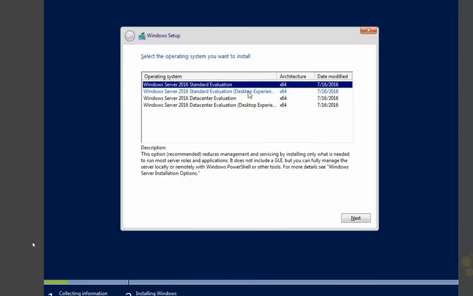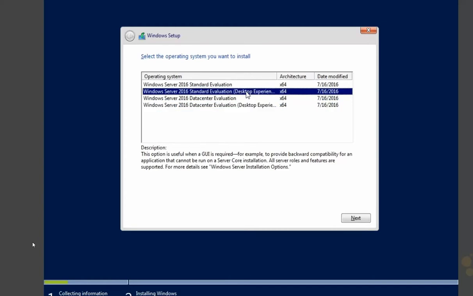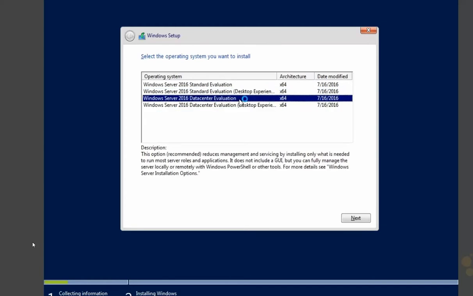Here is that screen where we make the decision between Server Core or the desktop experience. Notice that Server Core is the default. Microsoft made that change back in Server 2012. They started pushing us towards Server Core because it is much more lightweight and more secure. So these two are Server Core. Here is the full GUI, your desktop experience. We're going to be installing Data Center Edition here for Server Core, so go ahead and choose that third option